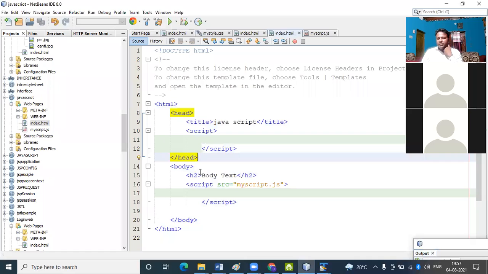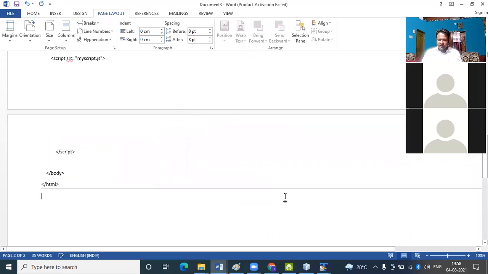So actually this script tag, why is it used? The script tag is used to define client side scripting.